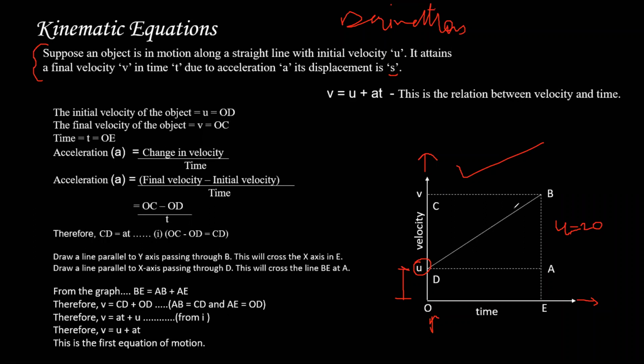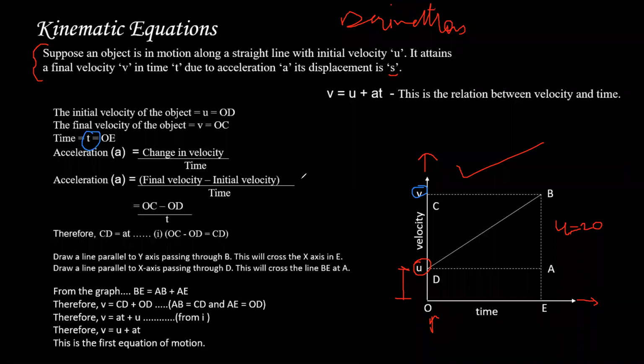Okay, and then I completed my experiment, matlab I increased my speed, I decreased my speed, whatever, and after that I paused my stopwatch and I said ki, okay, now experiment is over. And when that experiment was over, I looked into my speedometer and I saw one more speed reading which was different from the first and which is nothing but the final velocity v. Okay, so this is how I conducted my experiment. Abhi time tha t, so stopwatch pe jo time dikha na, that was t.